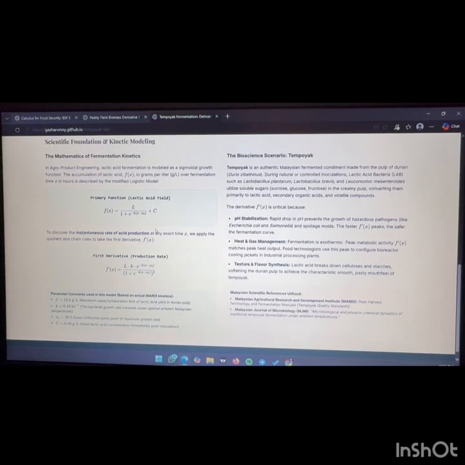Next, talking about how to enhance the tempoyak lab web page. The HTML recommendation is to integrate a lightweight visual charting engine like chart.js directly inside the HTML structure. Adding responsive canvases allows the page to dynamically plot critical fermentation kinetics, for example, the pH drop matching bacteria population growth curves from user-uploaded CSV files.